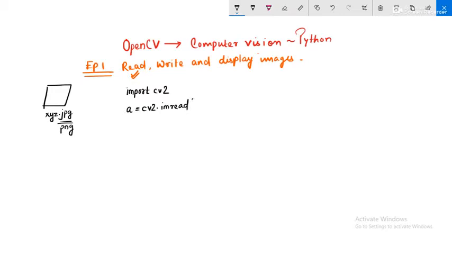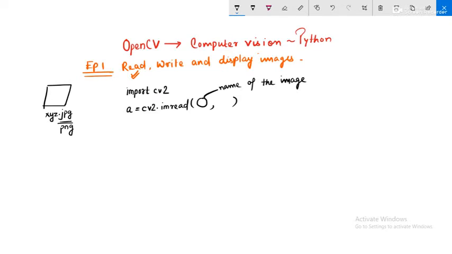In this function you have to pass arguments, and there are two arguments that we should consider. The first thing being, what is the name of the image that we are fetching.